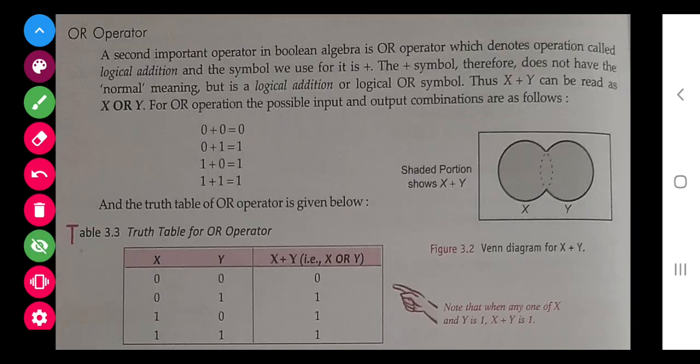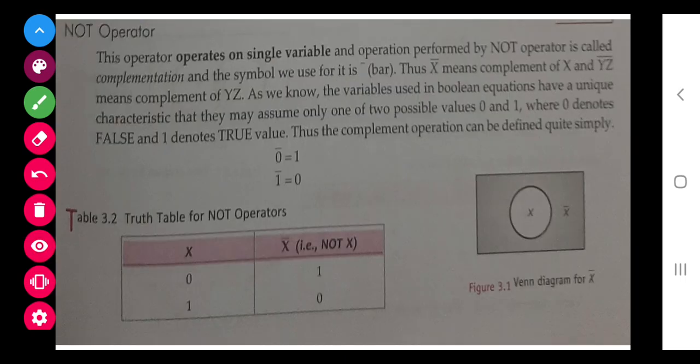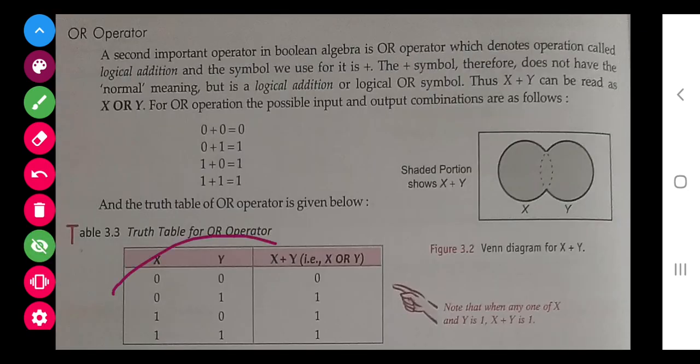Now class, the new thing for you, the OR operator. The OR operator says if both the conditions are false, then it is false. If either of the conditions is true, then it is true. If both the conditions are true, then it is true. Means only in one case it is false, when both are false. It is denoted by the plus symbol. This is the symbol for it, as they have used here also. Now this we call a truth table, as we have made for the previous one also. This is the truth table. Similarly, for the next one, this is the truth table.